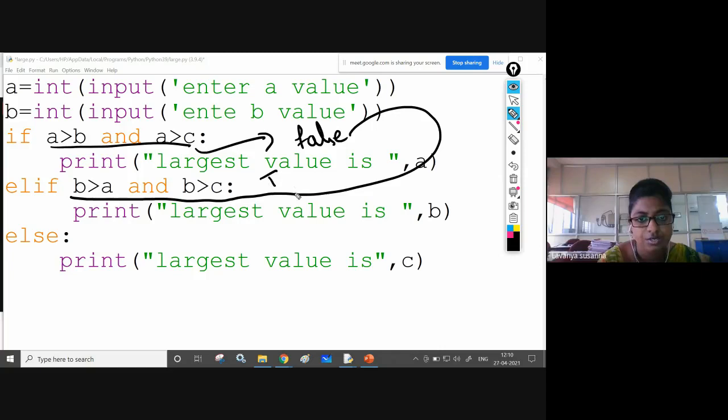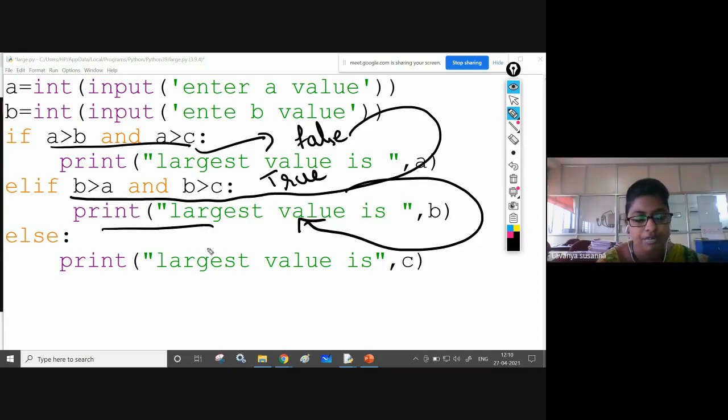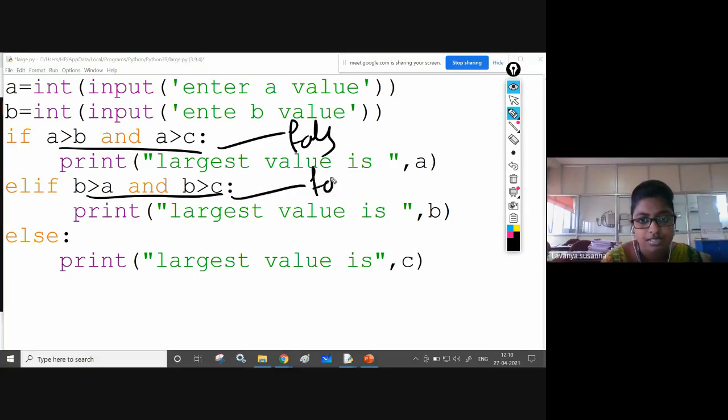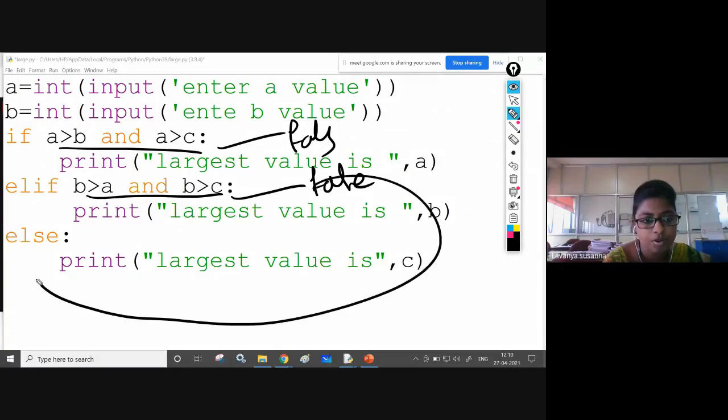If this condition is true, control will execute the elif statement, this print statement will be executed. Okay, that's all. Now, if the if condition is false and the elif condition is false, then control comes to the else block. This statement will get executed.